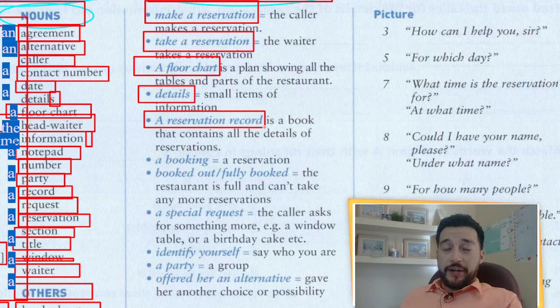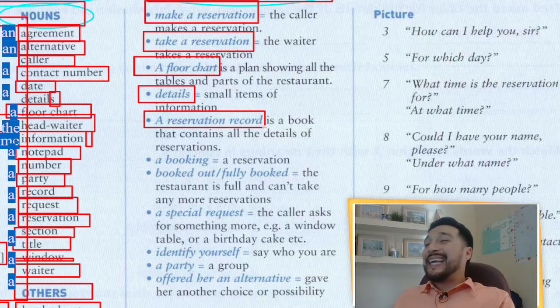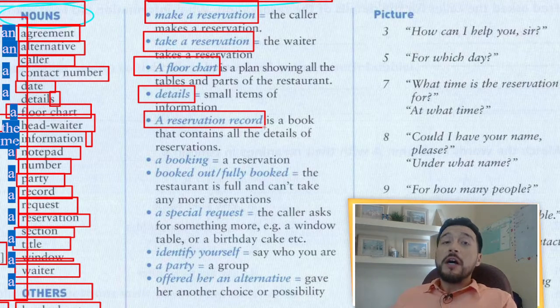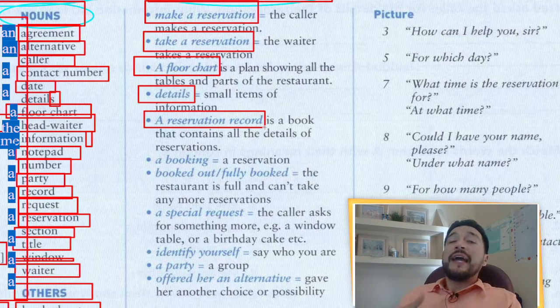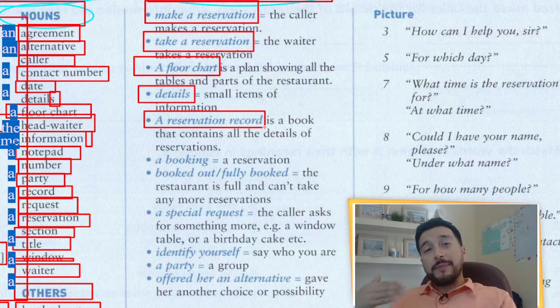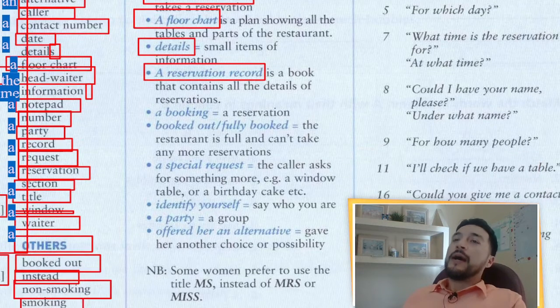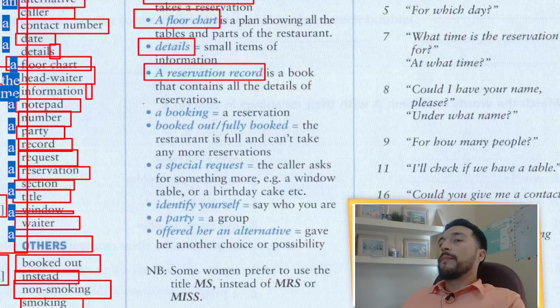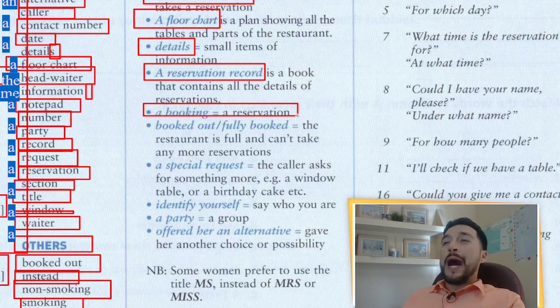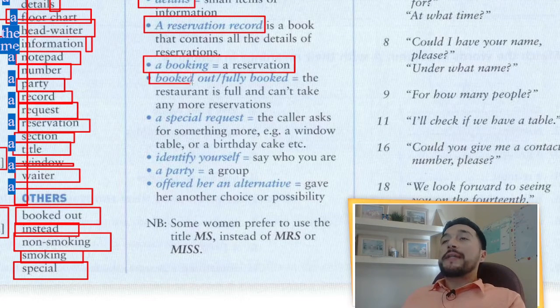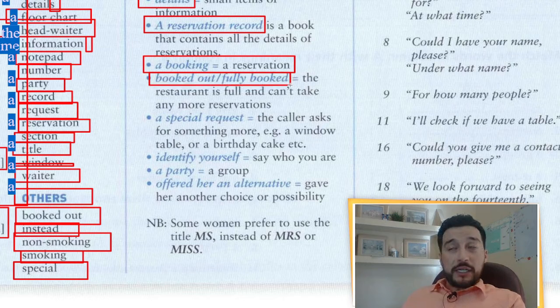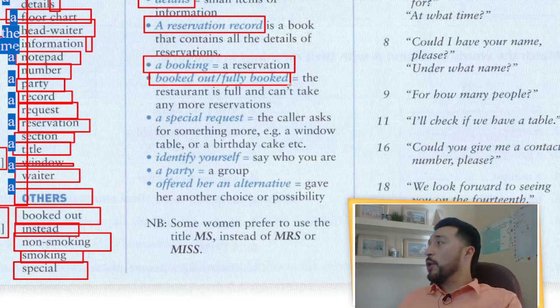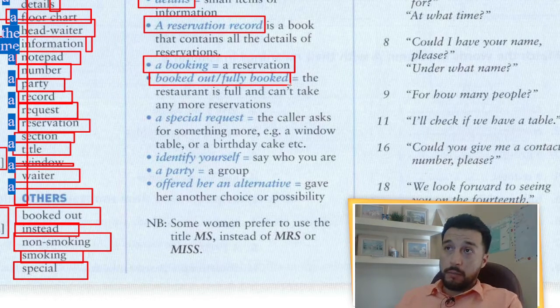A reservation record. A reservation record is a book that contains all the details of the reservations. What time, what day, and who made the reservation. A booking. A booking is one reservation. Booked out or fully booked. When the restaurant is fully booked, the restaurant is full. And you can't